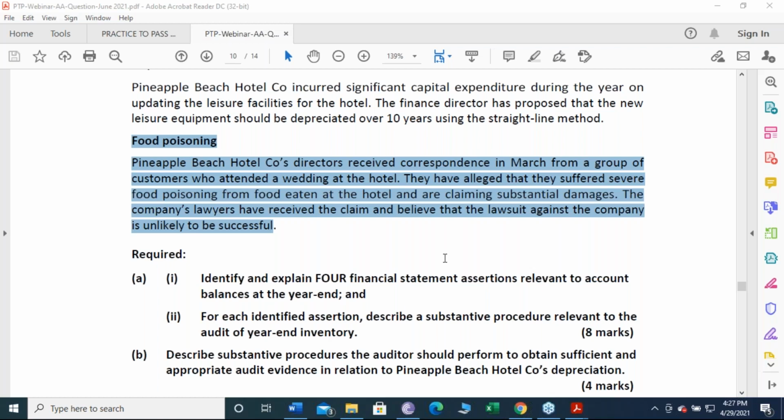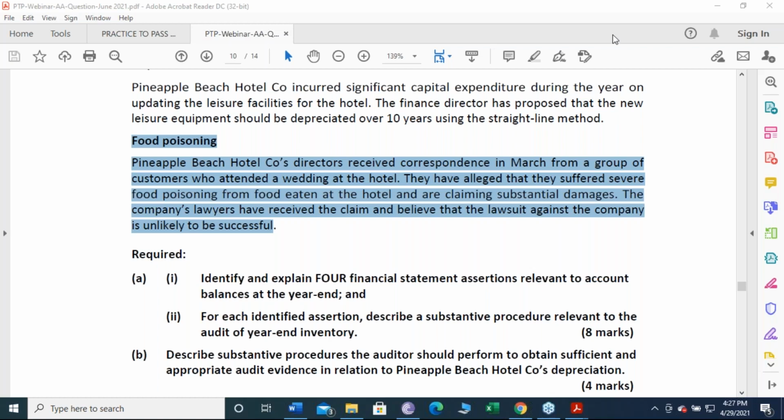Let me repeat it. It's not about if the amount is material, Priyanka. If a present obligation exists, and a reliable estimate can be made, and the outflow of the cash is probable, then a provision is required. If the obligation does exist but a reliable estimate cannot be made, or the outflow of the payment is possible, not probable, then a contingent liability needs to be disclosed. But considering a claim, I think a provision needs to be recognized here.